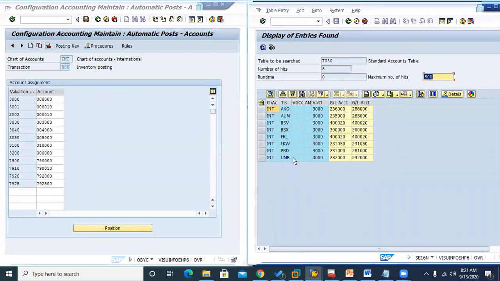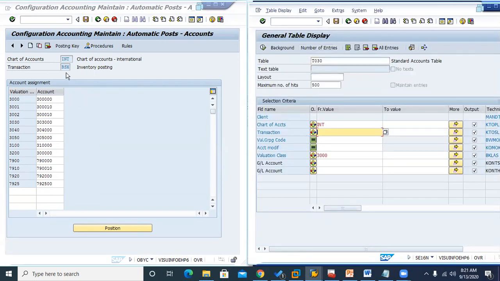So at present, what is our account? For the account modifier and valuation grouping code, this transaction account key is nothing but BSX. BSX is our account, so we came here with BSX. Sorry, this is the account modifier; this is BSX, and we have to put BSX here. I had forgotten that. We are coming with INT, so INT BSX, and the valuation grouping code I have shown you is blank. We have not assigned anything.